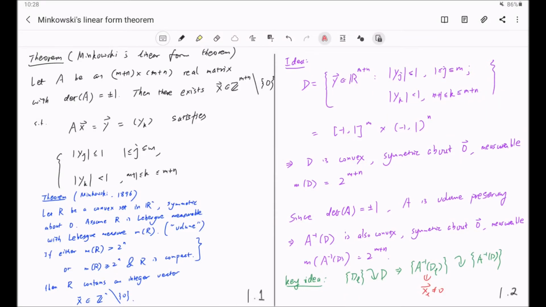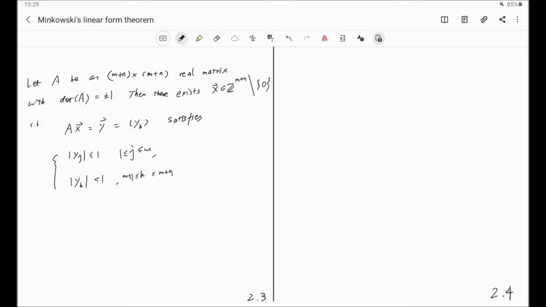And now let me mention a corollary of Minkowski's linear form theorem that will be frequently used in applications. In this corollary, instead of using those ones for inequality, we're going to put any scalars in here as long as the product of those scalars is equal to plus 1. So this corollary will be